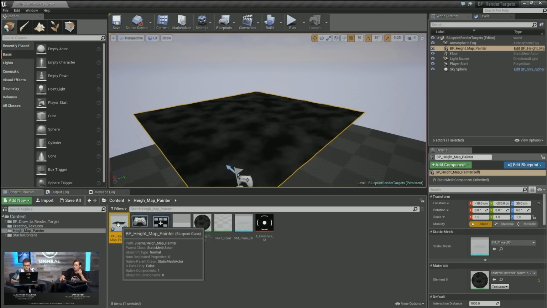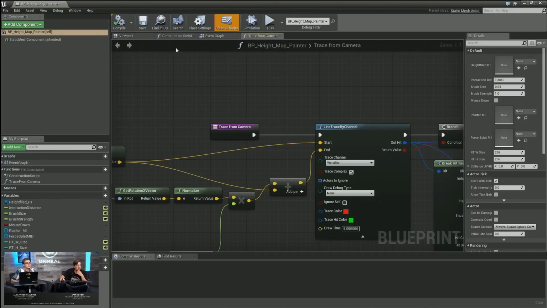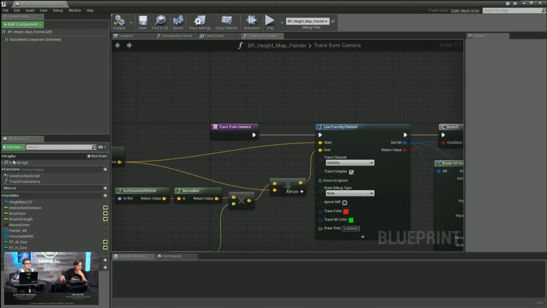If you try and make one based off of actor, we need to get a static mesh component. So it was just easier to base this off of actor. So let's go ahead and open this up. Now, before we jump into anything else, I'm just going to go over the variables that I